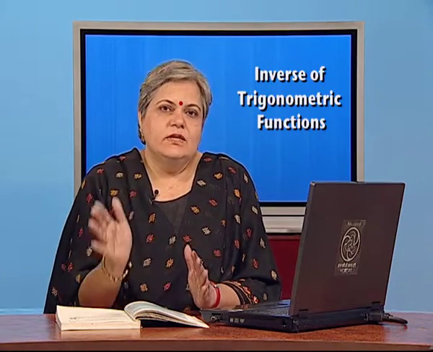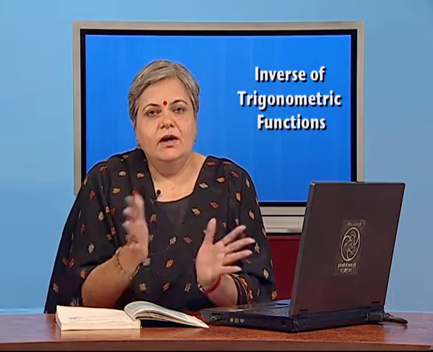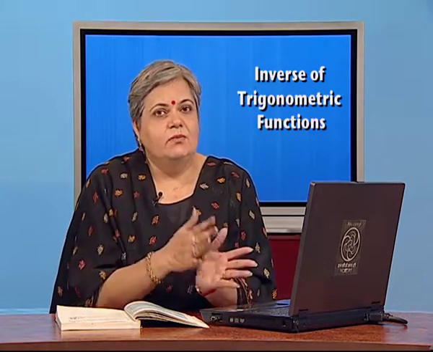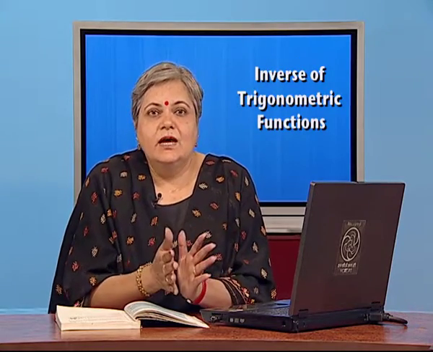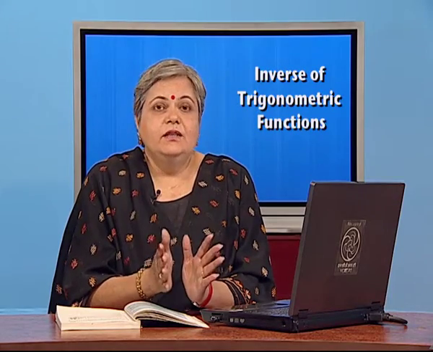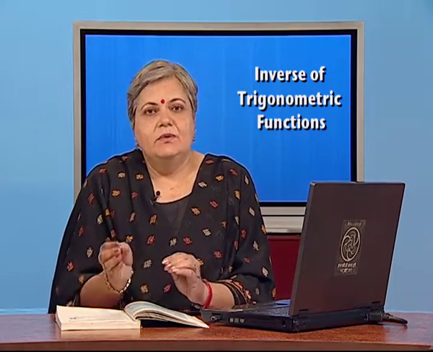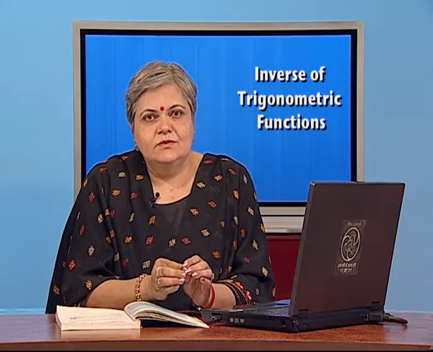Every x goes to x plus 1. So, 5 gets mapped to 6. How do I get the inverse? 6 has to come back to 5. So, I should have 1 less than x. So, we define the inverse of f such that every element gets mapped to 1 less than its value.